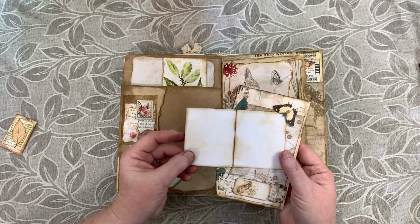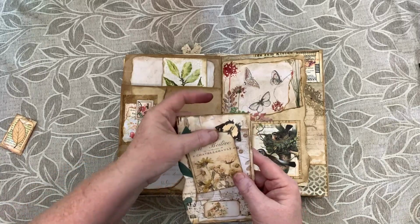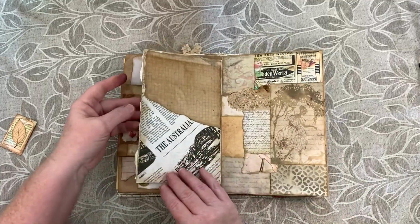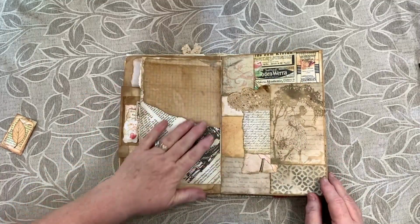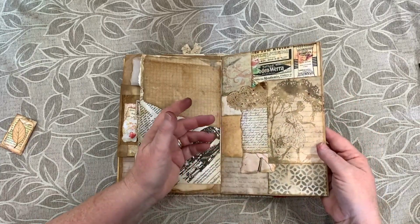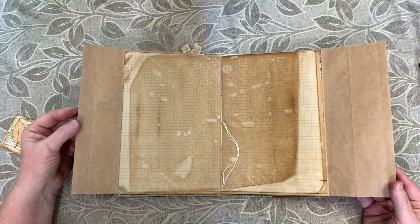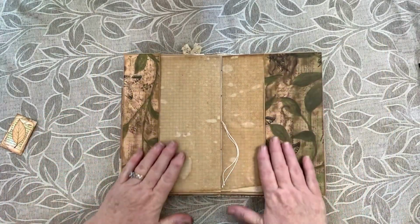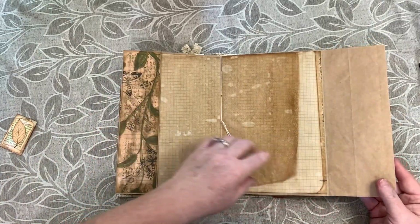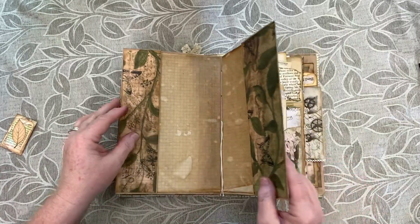like that. You've got some journaling space there, and this tucks back in under that little butterfly and pops back in there, and just some journaling space, and just a pretty page, a collage page. And this one here, I didn't do anything to these center spreads here. You could turn these into pockets, or you could open them up and put little pockets in there. You could do all kinds of things, so I just left them blank for now because I didn't know what